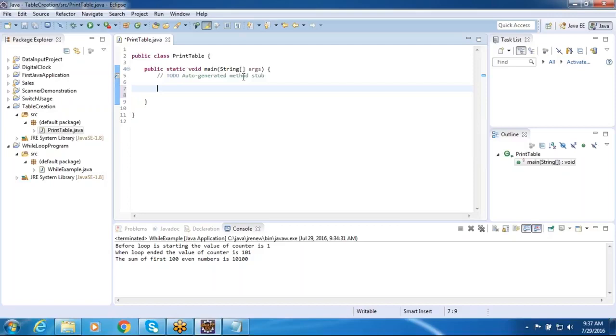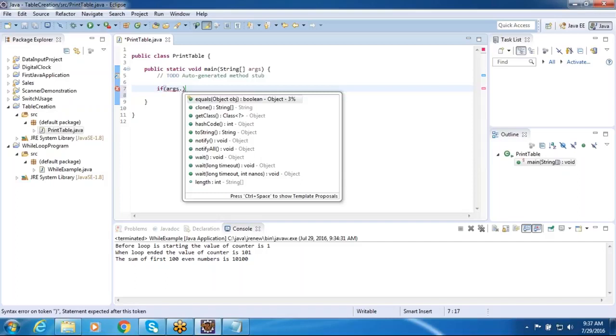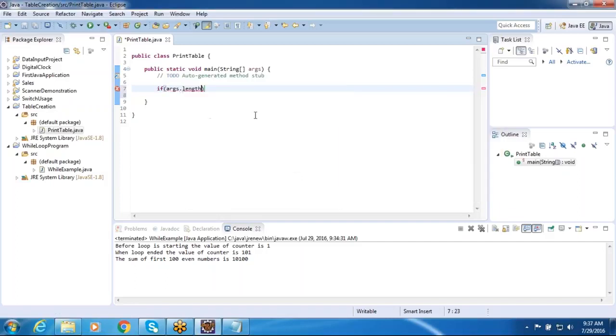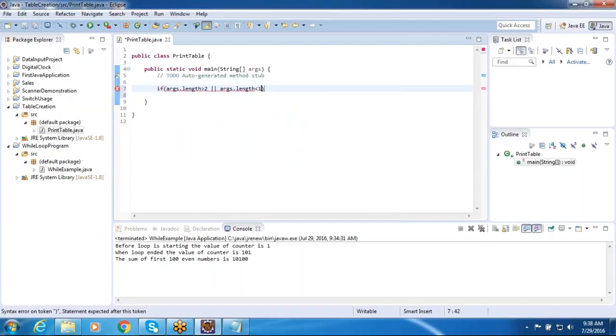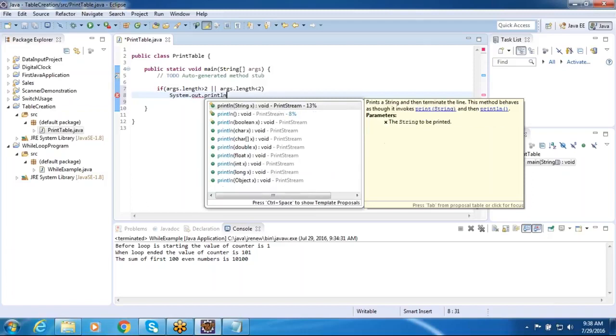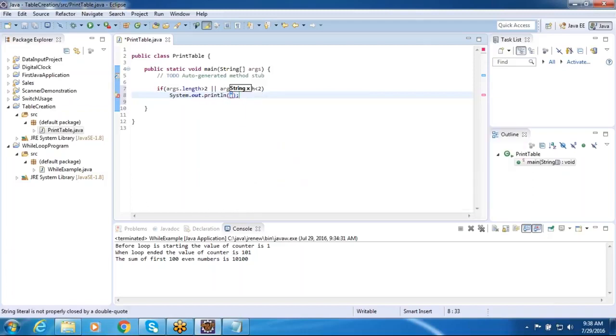actually the operation. So first of all, see here, if args.length is greater than 2, or args.length is less than 2, we need to print it. System.out.println, we print it as